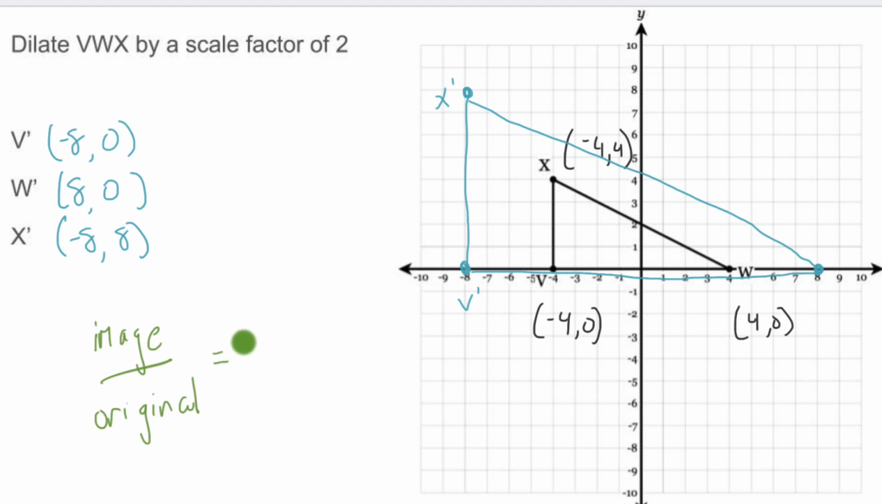I'll just take the x number, -8, divide that by the original of -4. -8 divided by -4 is 2. So my scale factor here was